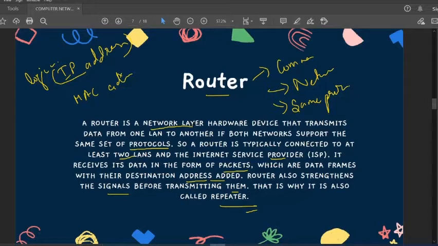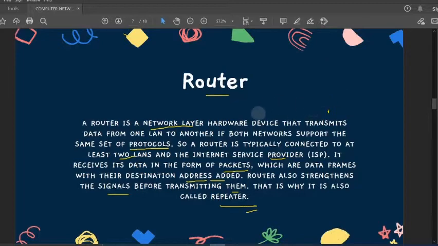Okay, so that's all. I hope now the motive of a router is clear, and also one thing, the name. The name is router, so it actually does the purpose of routing. That is, it chooses the best routing path that has less traffic, and that path is used for the transmission of the data. Okay, so that's all for router.